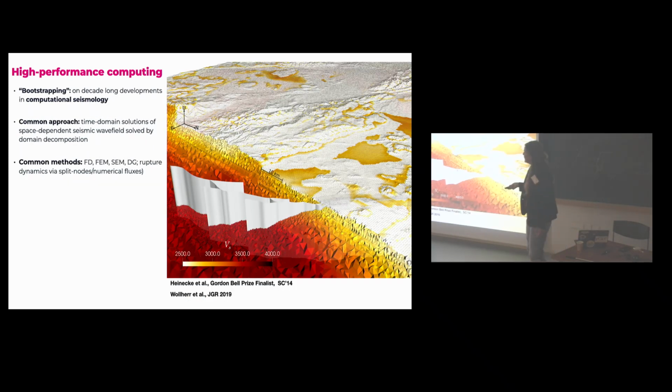So what I wanted to say here is that we're using large supercomputers, also with these more complicated dynamic rupture models. This is one example that competed for the Gordon Bell Prize in 2014. This is something like the Oscars of computer science. All the different groups compete first to get access to the largest machines, then you have to prove that the code scales up, and then you have a very short time window to run a large simulation where you get the full machine, and then you write it up and compete for this prize. It includes engineers going down into the big computing halls with ice packs cooling some of the misbehaving cores, and it's quite hands-on and quite exciting.